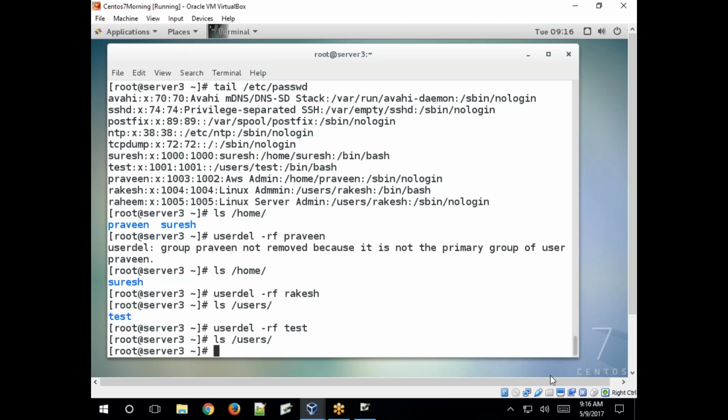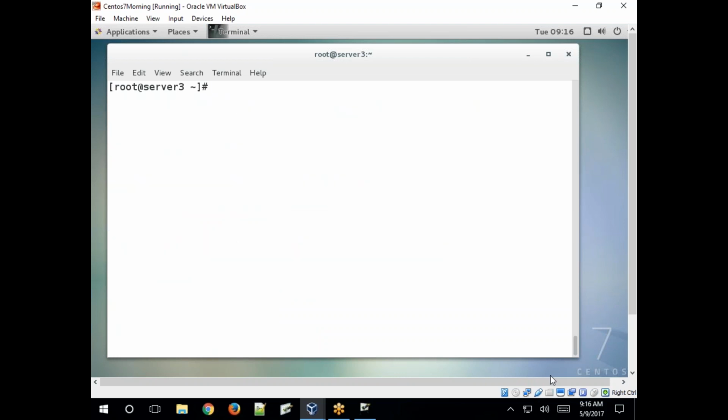There is no user home directory under users. Clear? Like this. So if you want to create users, use the useradd command, to modify users, usermod, to remove users, userdel, to lock and unlock, use the options. Okay?